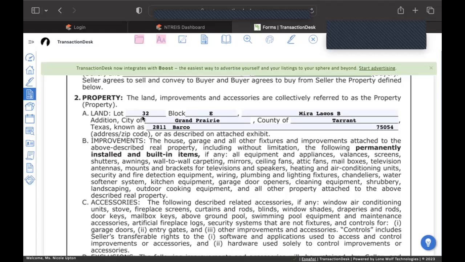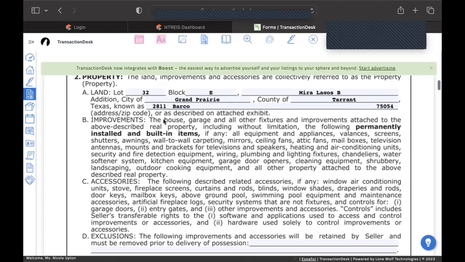We'll go back through the MLS training, but this right here is called the legal description of the property, and you can get this right off of the MLS from the listing, or you can get it from the tax section of the MLS. That's basically where we go to get that information. And then